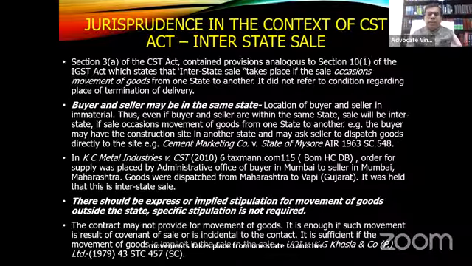In this case, the buyer instructed the seller to dispatch the goods to another state where there was a construction site being run by the buyer. So even though the purchase order was placed by a buyer which was in the same state where the seller was located, since the buyer had instructed the seller to dispatch the goods to some other state, it was considered to be a transaction of interstate sale.